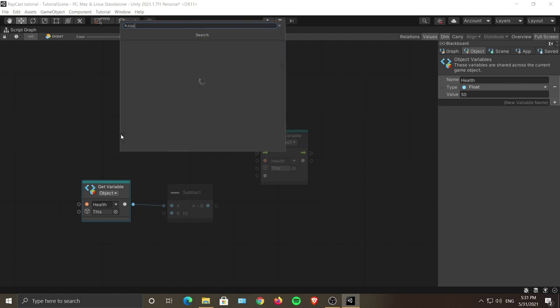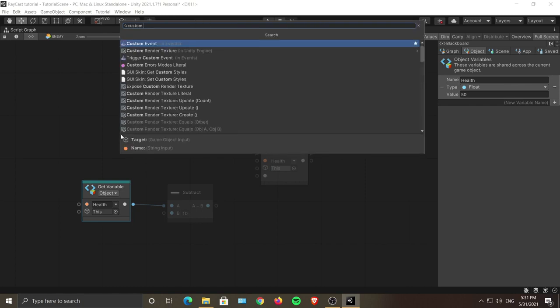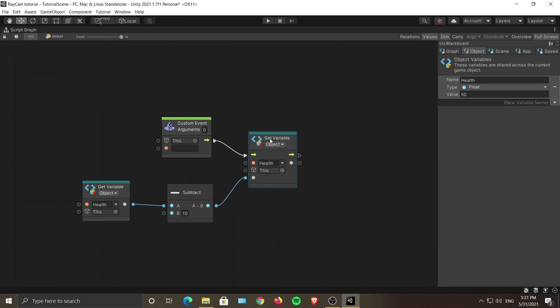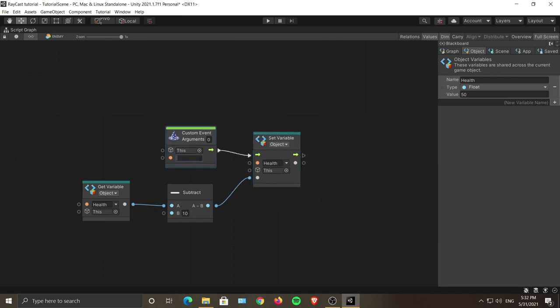So custom event. Once you take this custom event, just plug that over there and plug this value over here. Now you have to paste the exact same name, enemy spotted, so that event will now be transported, or you can say teleported, over here. So whenever the enemy object is hit,